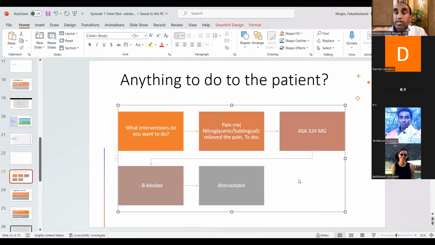It's a vicious cycle. They are more stressed. They are panicking, which means they are straining their heart because they are anxious. The heart is pumping fast. The oxygen requirement is increasing. You are aggravating the heart muscle damage. So you have to alleviate their pain. You have to also alleviate their anxiety. So what medication is given for that reason?